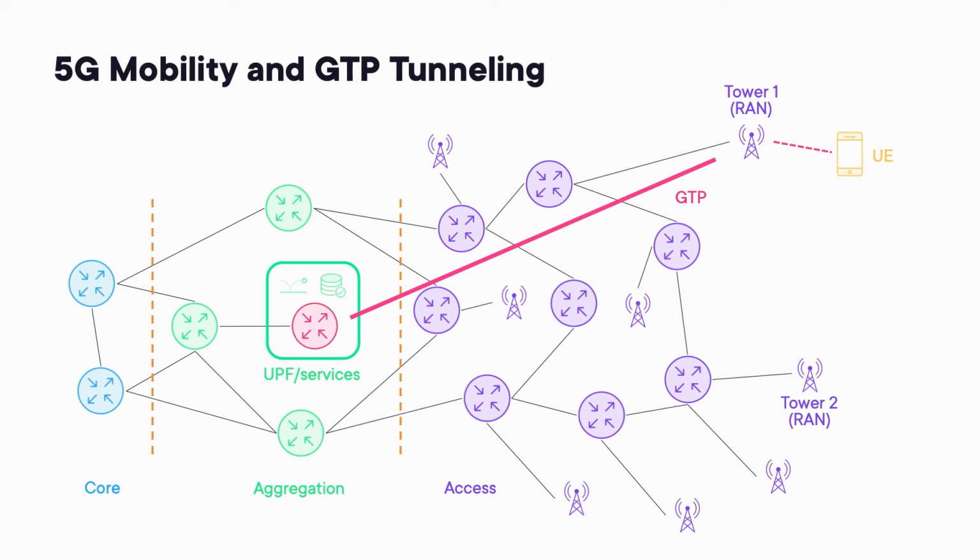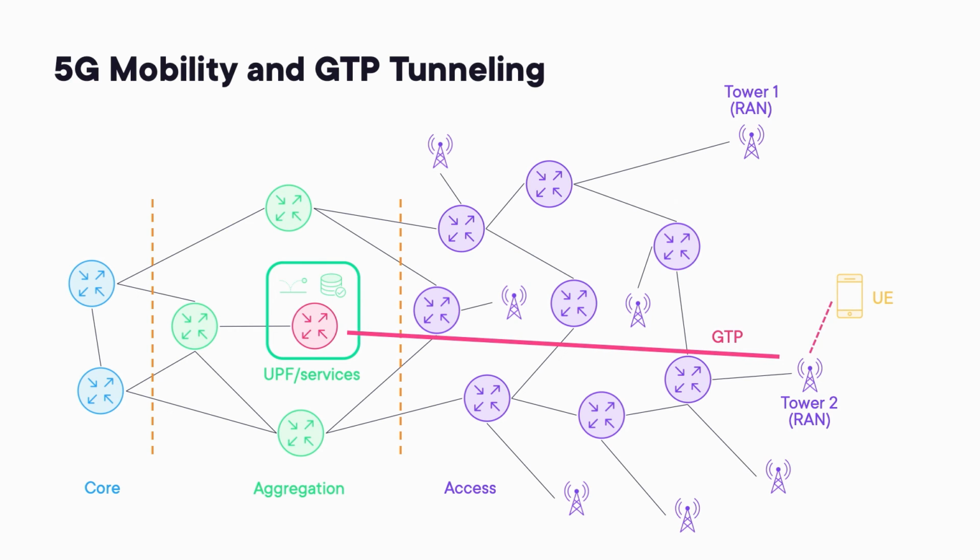Just like we saw with CAPWAP tunneling for Wi-Fi, GTP allows wireless traffic to be transported to a central location when egressing from the cellular network. When the UE roams from top to bottom, it must retain its IP address during that process. Once the UE completes its migration to Tower 2, Tower 2 will tunnel traffic back to the UPF, again using GTP. The control services like AMF and SMF are notified of this change and facilitate the handoff from Tower 1